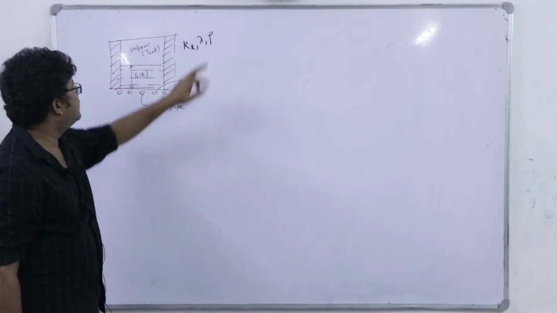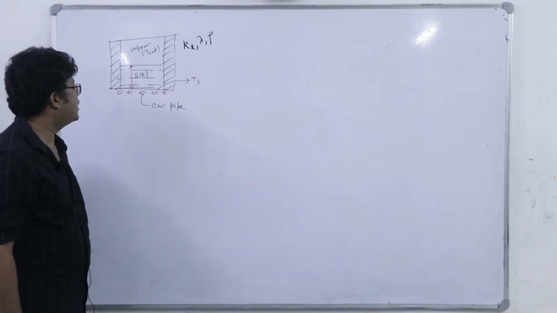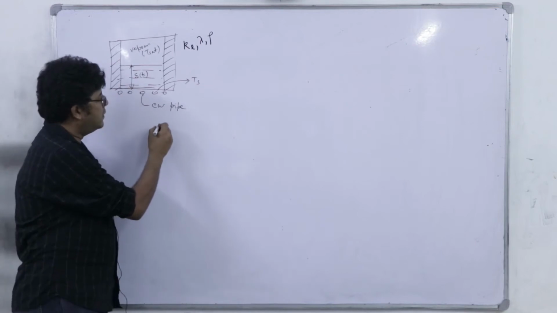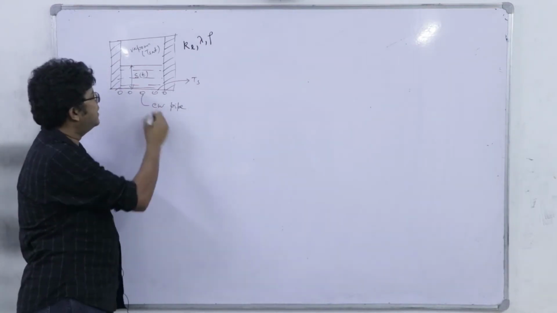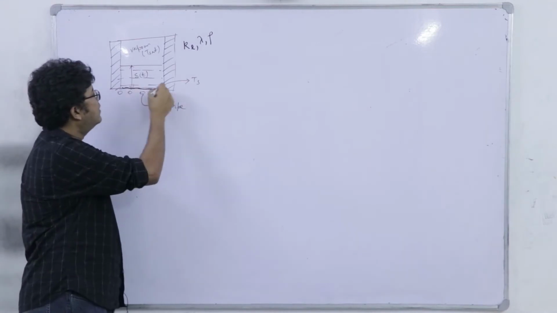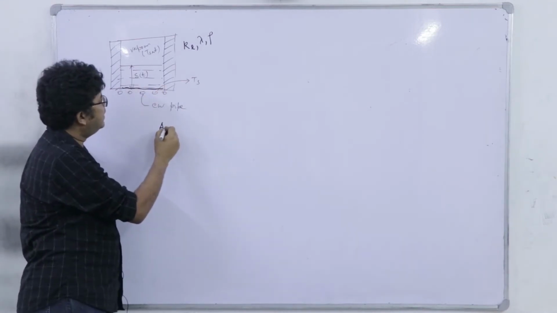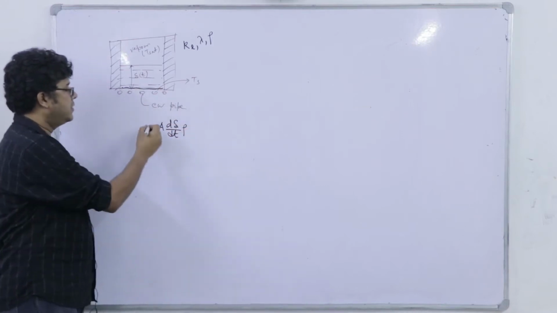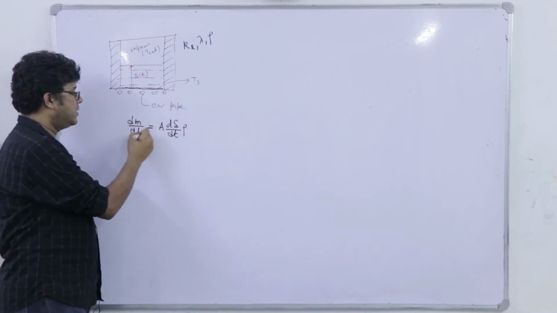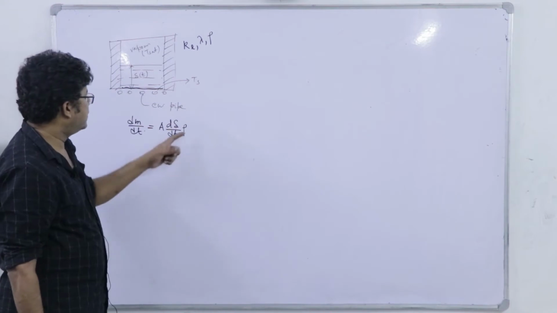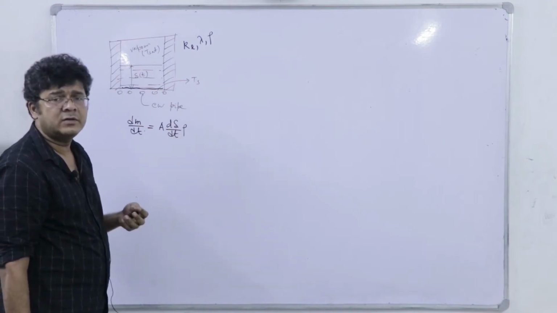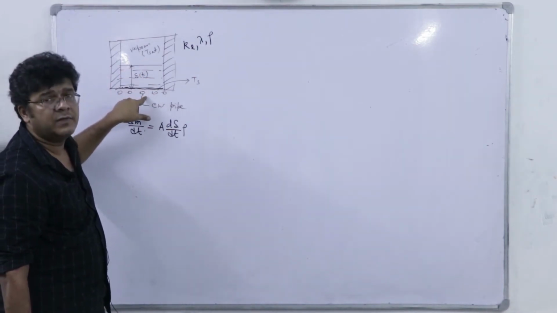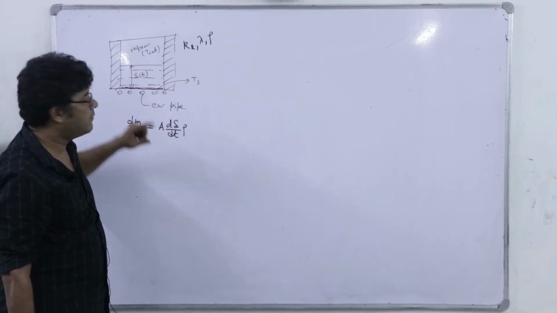So, this KL, lambda and rho are given and we have to calculate how delta is varying with time. So, you see that if this area is A, so A into d delta dt into rho, that is basically dm dt of the liquid, right. So, that must be equal to the heat which is being transferred from the vapor to the liquid through the liquid film by conduction divided by the latent heat.